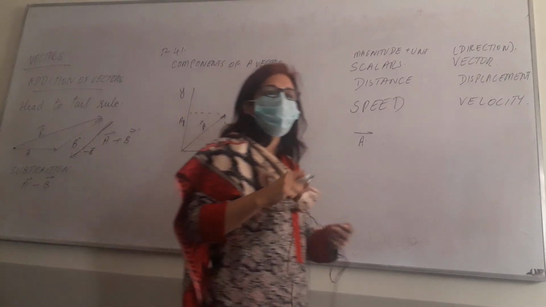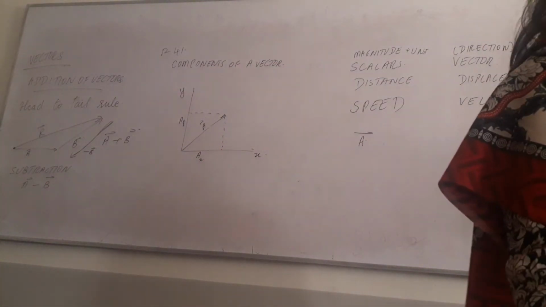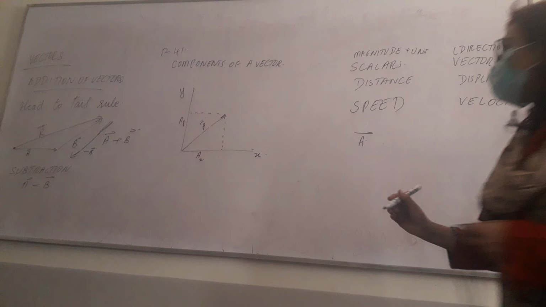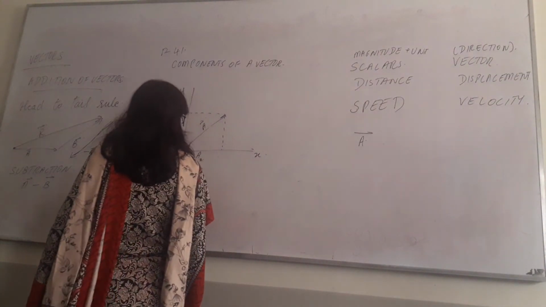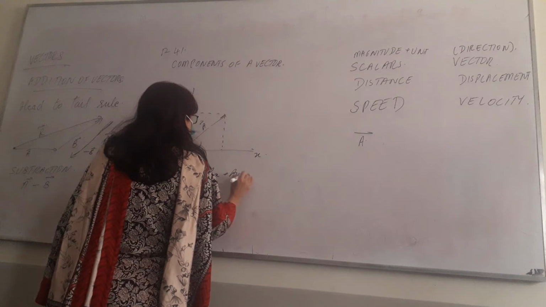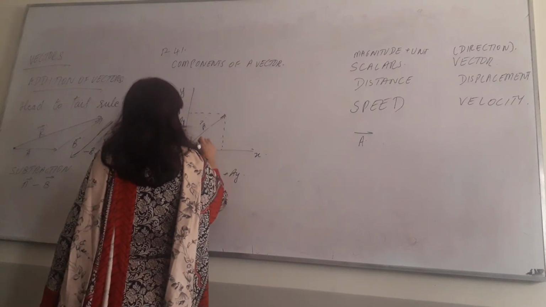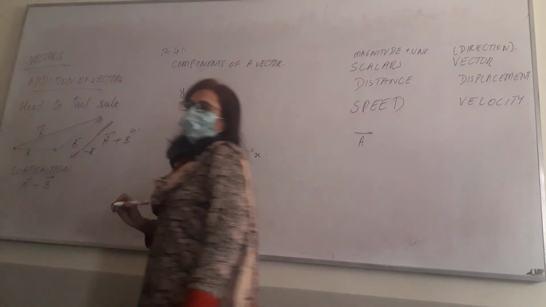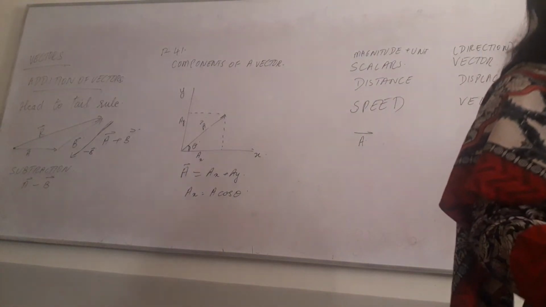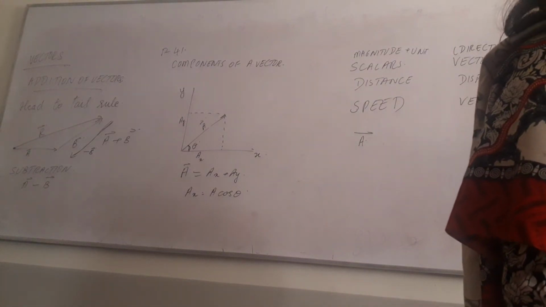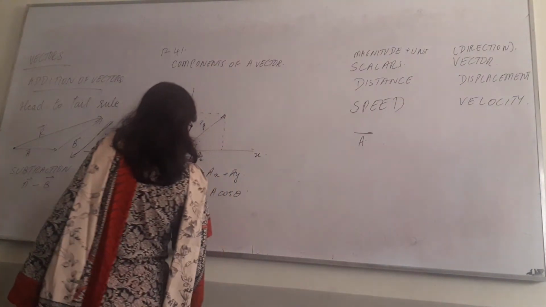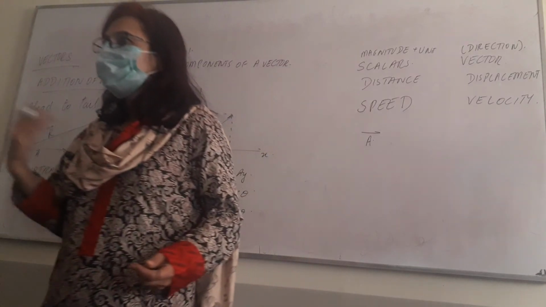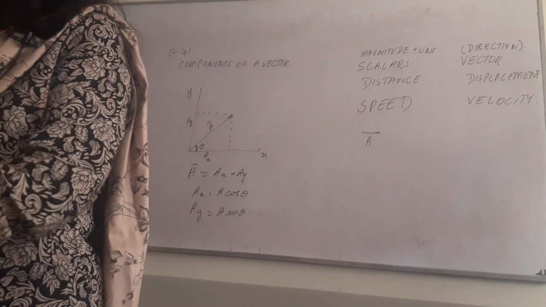So we can write a vector in terms of its components, and this is shown in the figure. In this case, we will say that the vector A is equal to the sum of its components. Now if we suppose that the angle is theta, then Ax is equal to A cos theta, right? And Ay is equal to A sin theta. Is that clear? This is just a revision of what you've already done before, right?